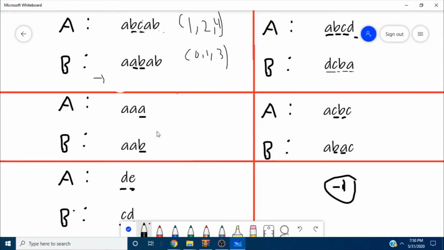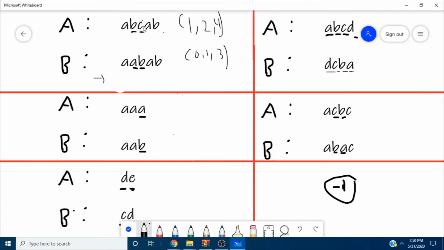So let's see the first test case. In order to convert string A to string B, we just need to choose the characters which differ. In this case, the differing characters are underlined. To convert character B to character A, we need to choose some subsegment and do the operation. And to convert character C to character B, we need to choose some segment and do the operation mentioned in the problem.